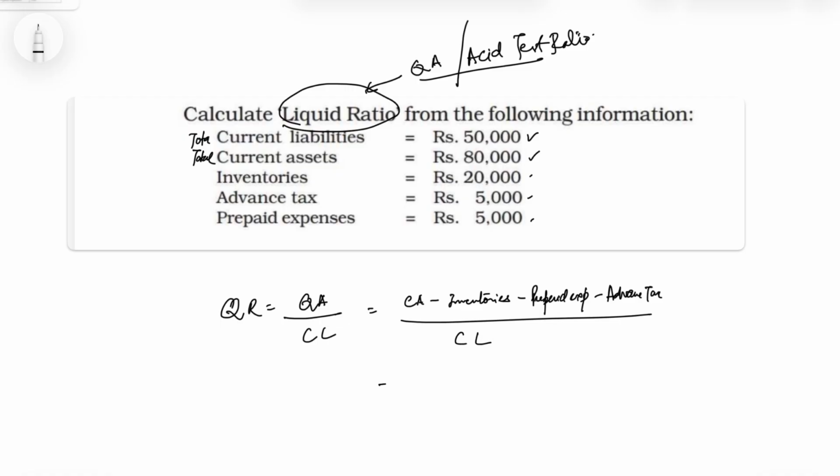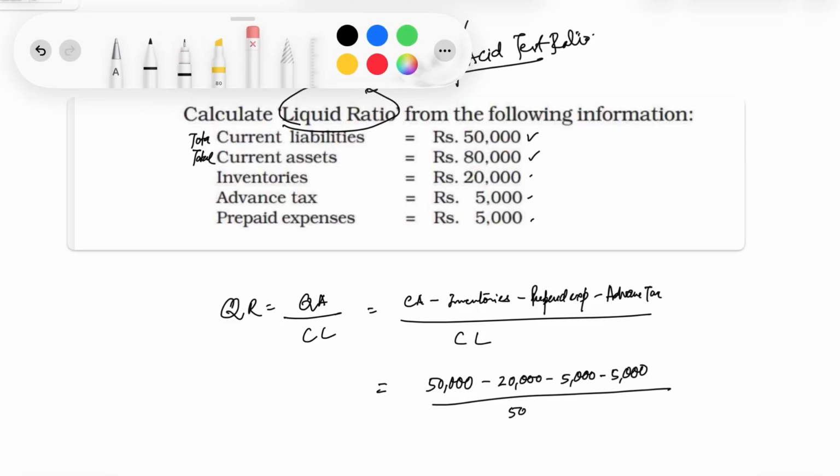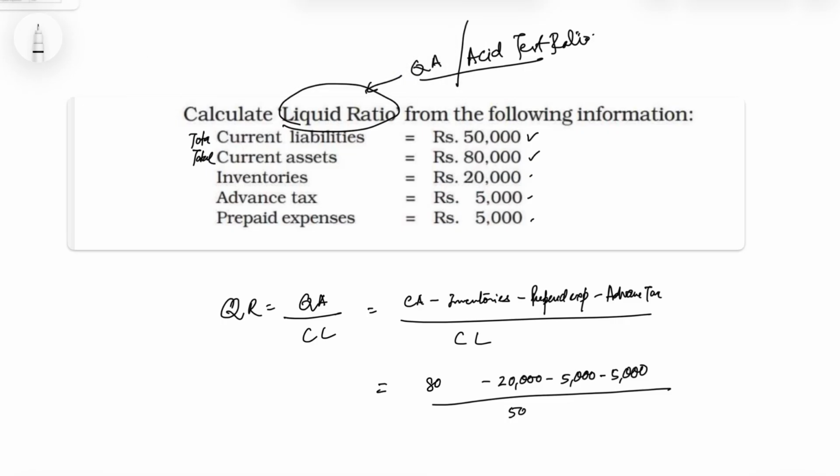So the total current assets are 50,000. Then we subtract inventories, then advance tax and prepaid expenses, which is again 5,000. This is divided by current liability, which is 50,000. So the current assets were 80,000 and the current liability was